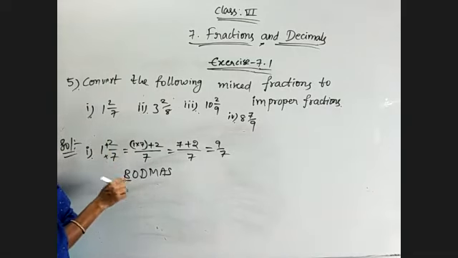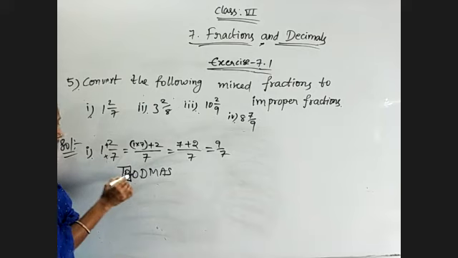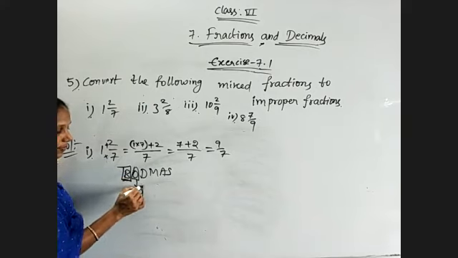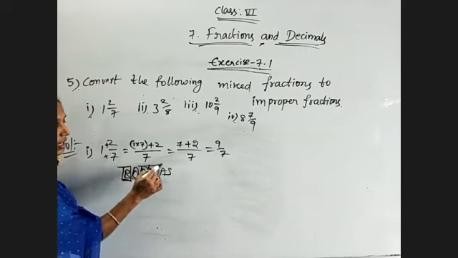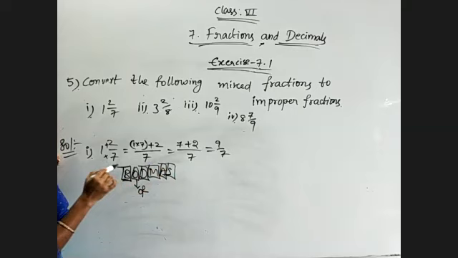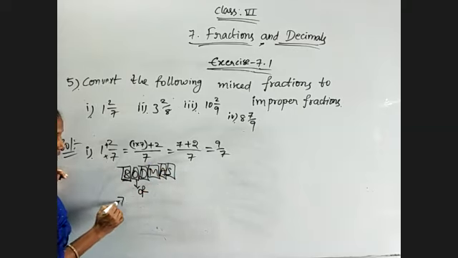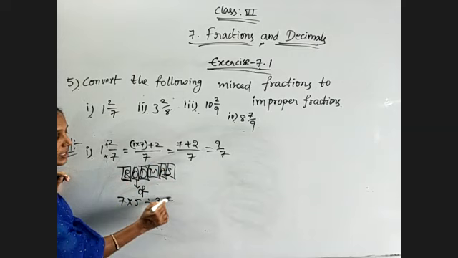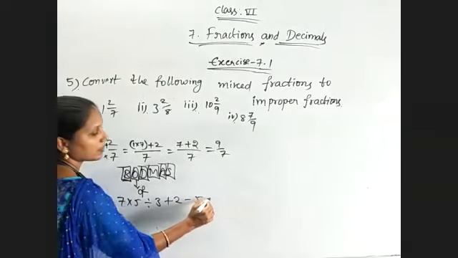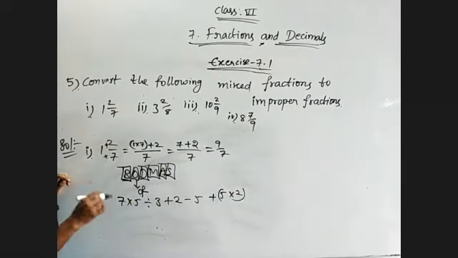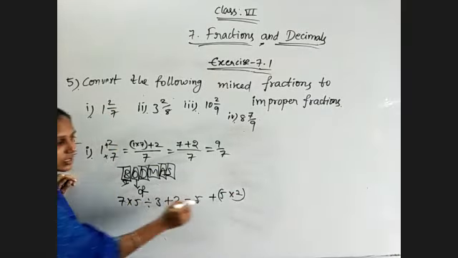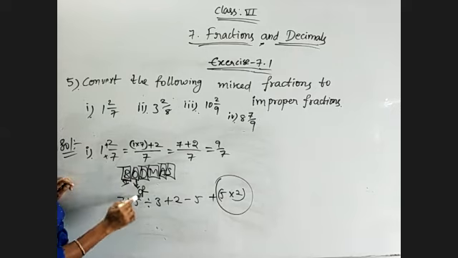And according to the BODMAS rule, first we need to simplify brackets. O for of, and D for division, M for multiplication, then addition, subtraction. Means if you are getting any operation, for suppose 7 into 5 divided by 3 plus 2 minus 5 plus 5 into 2, like this I have. Okay. In that case, first we need to take brackets. So this one we have to simplify in the first step. Means 5 2s are 10, we need to write first. After that, of is not there here.